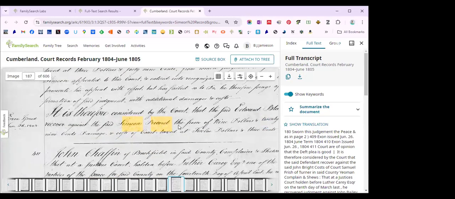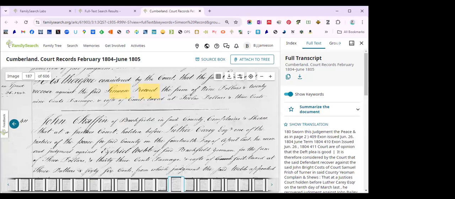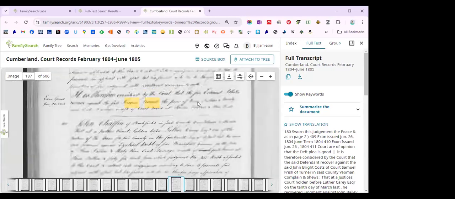And, again, more about that. Here's one, a John Chafin of Buckfield has a complaint about, again, a judgment against Ezekiel Webb. And so that's nice. But if we go back to the results,